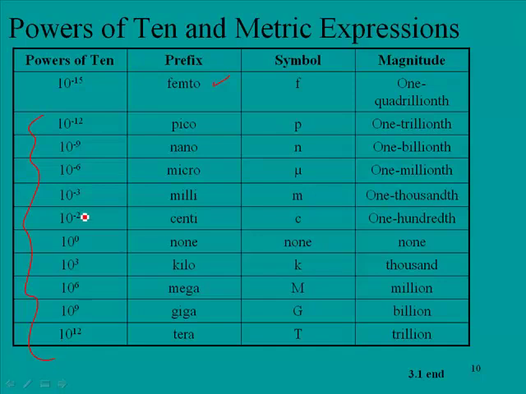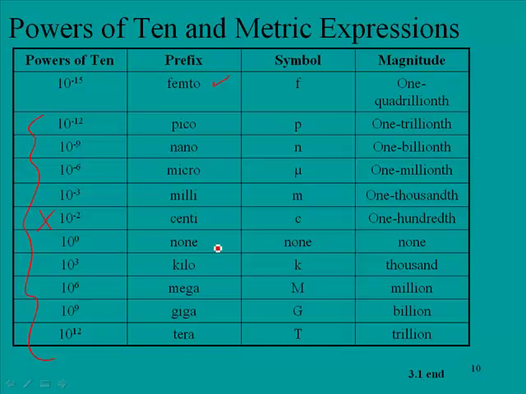Now, centi actually falls out of the engineering notation because it's the minus 2. Minus 0 is just the number at whatever the number is. It's times 10 to the 0, so you don't typically see 10 to the 0, but it's understood that all values, unless they have one of the prefixes, are in 10 to the 0 notation. But we will use all of these: pico, nano, micro, milli, giga, mega,